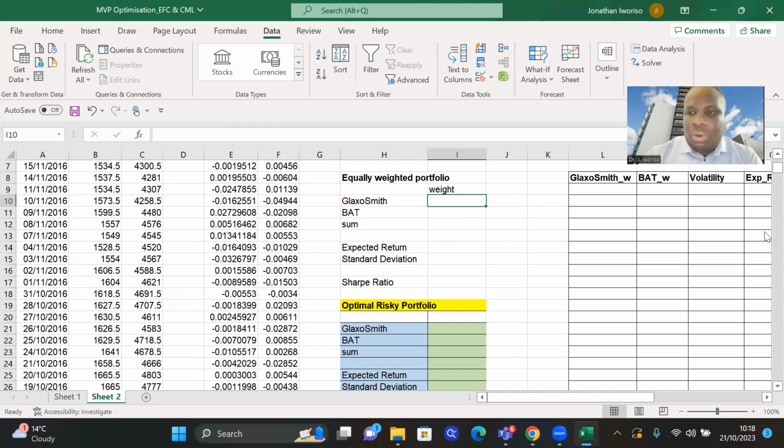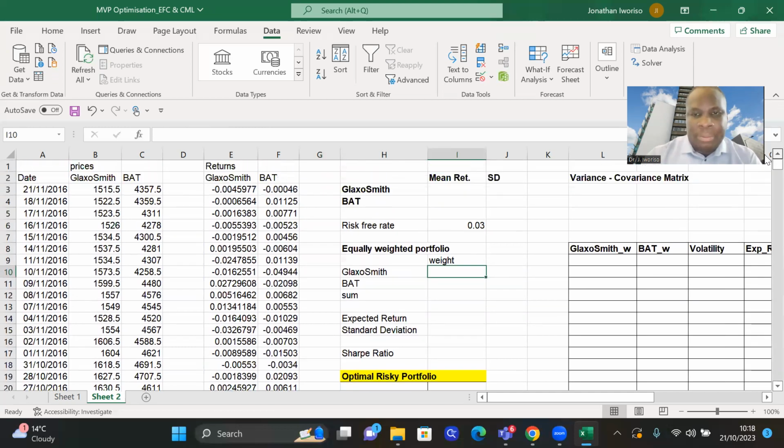So here we have another point. Here we have the mean return, and then we have the standard deviation for GlaxoSmith, the same for BAT. So we've already computed it, so we simply bring it here. Now we can also use the option of transpose to copy and then transpose and paste it. That's also fine if we do that. But rather than doing that, we want to do it in a different way now. So we simply go back